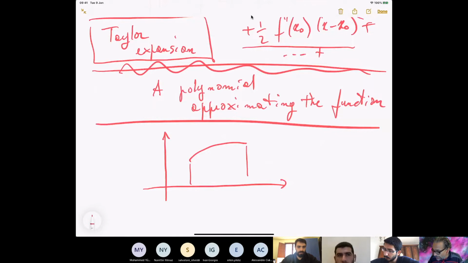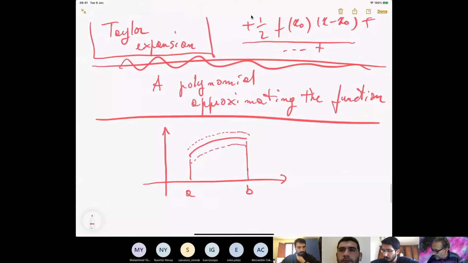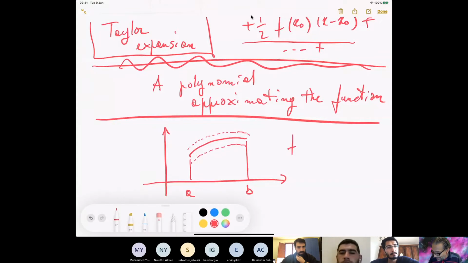If you have a continuous function defined in the interval AB, and you consider the epsilon stripe around the plot of this function. So you consider the region in the plane, the stripe,